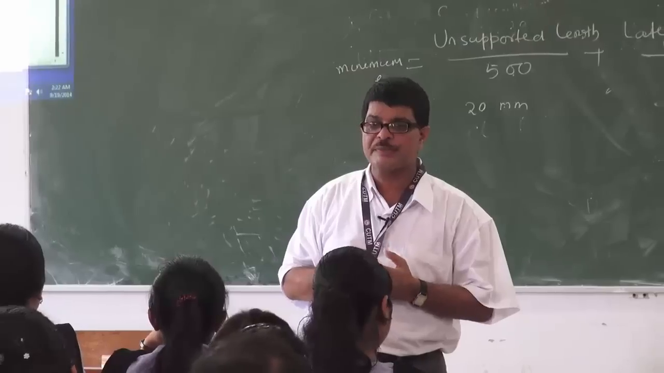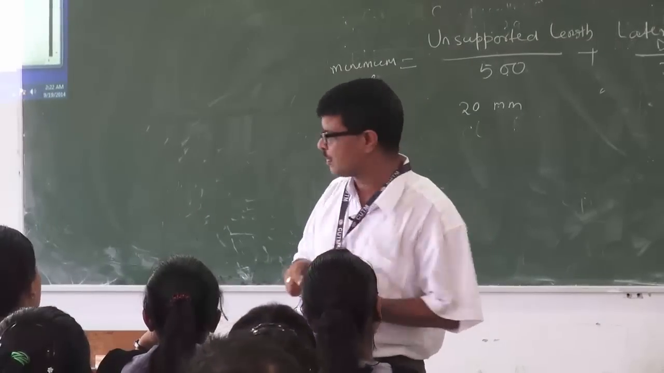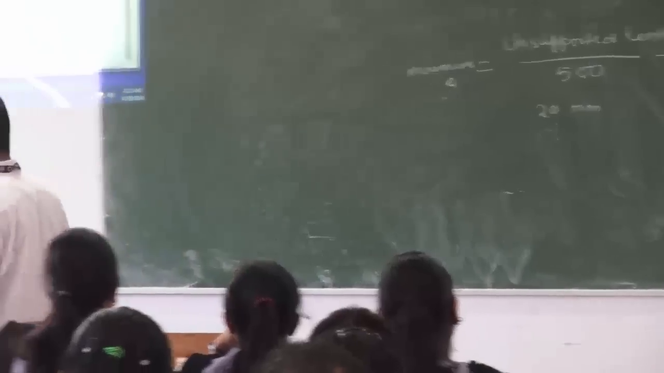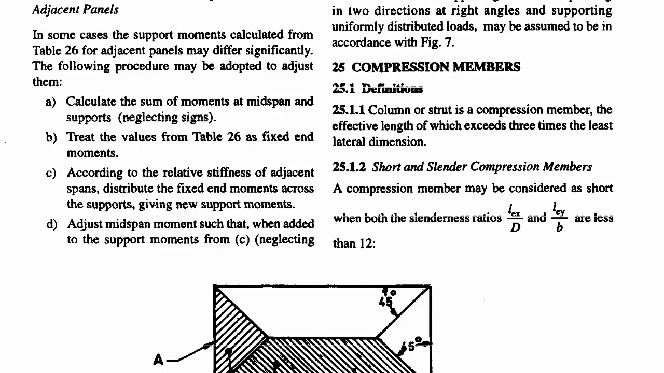long column. The columns can be called short column or long column. That is again a codal provision. You can go to the next pages. What is a column, long column or short column? Clause number 25, compression members. What is the definition of a compression member? You can see here. Column or strut is a compression member, the effective length of which exceeds 3 times the least